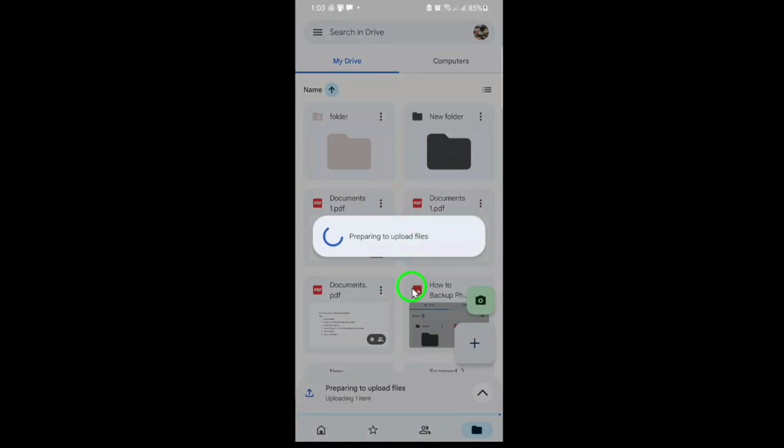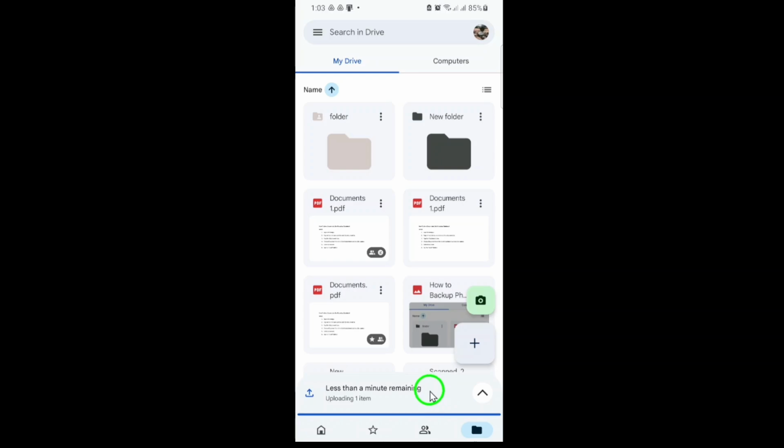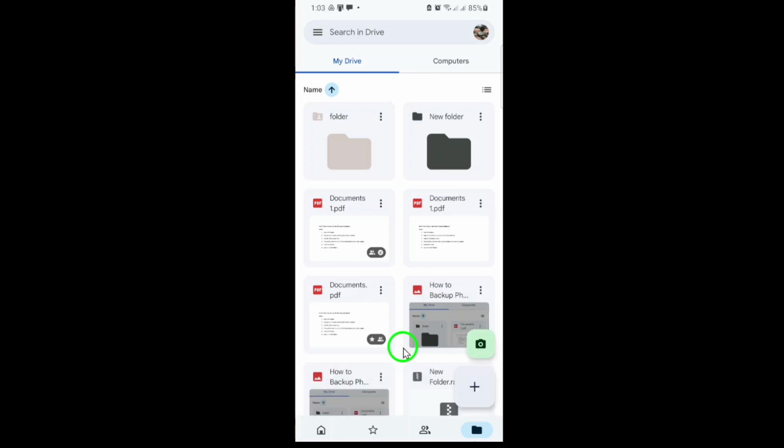Keep an eye on the small progress bar that appears in the bottom right corner of your screen. This shows you how much longer the upload will take. Once it's finished, your photo is safely stored in Drive. To find your uploaded photo, you can check the Recent Files section or navigate to the specific folder where you